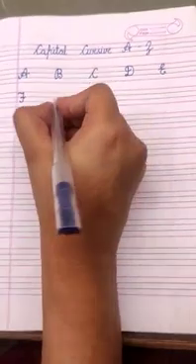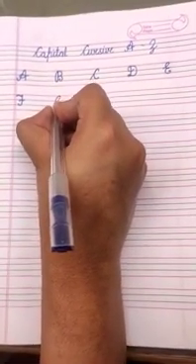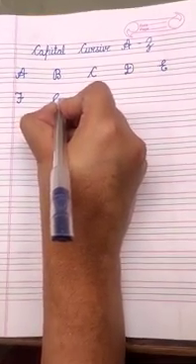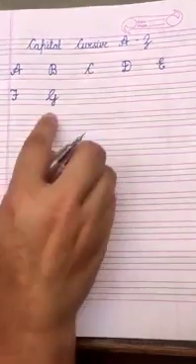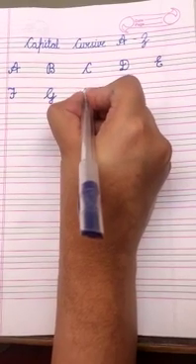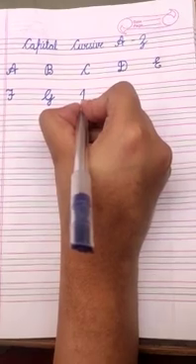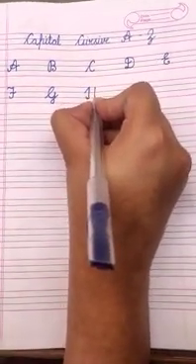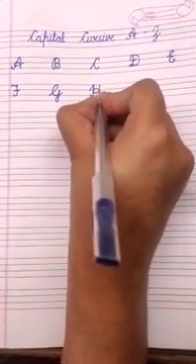Cursive F. Cursive G. From the third line, go slant, take a turn, make a big curve like this and go back to the second line, come down to the fourth line, take a turn and then do like this. Cursive G. Now cursive H. From the second line, go slant, from the first line, make a standing line, touch the third line and then make a turn. Then again make a standing line, little bit turn and from the second line, take a turn like this.